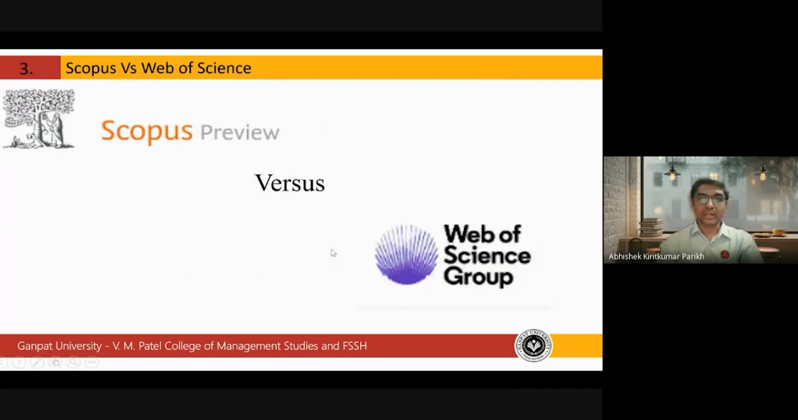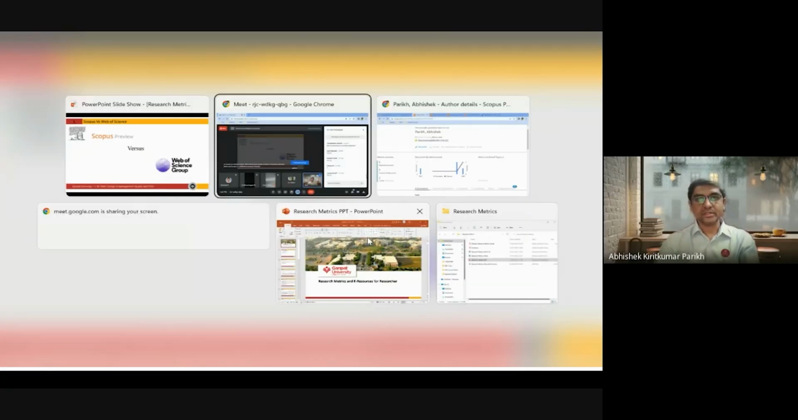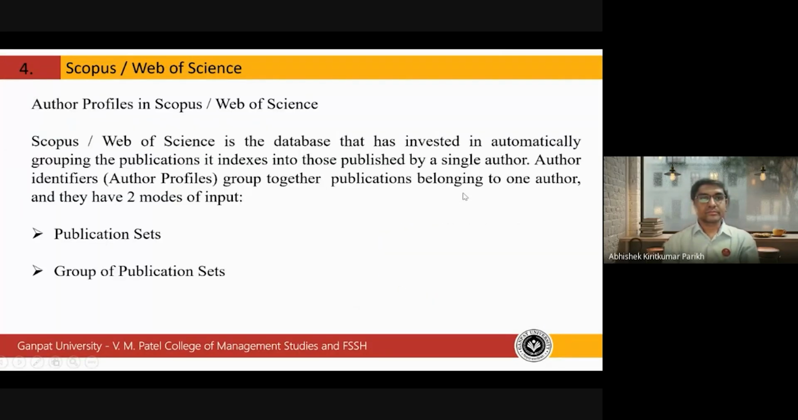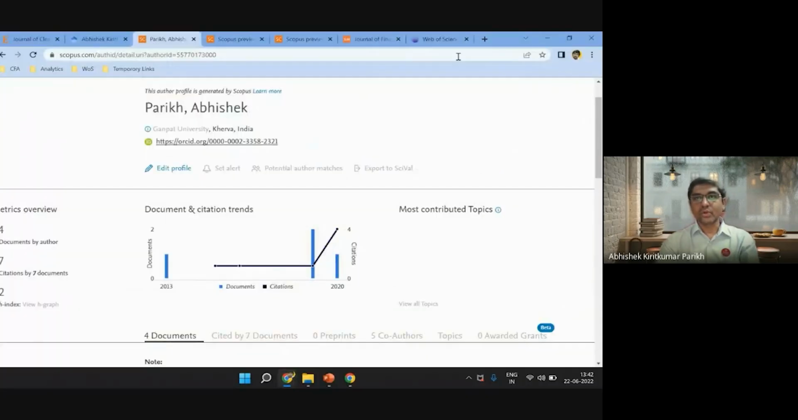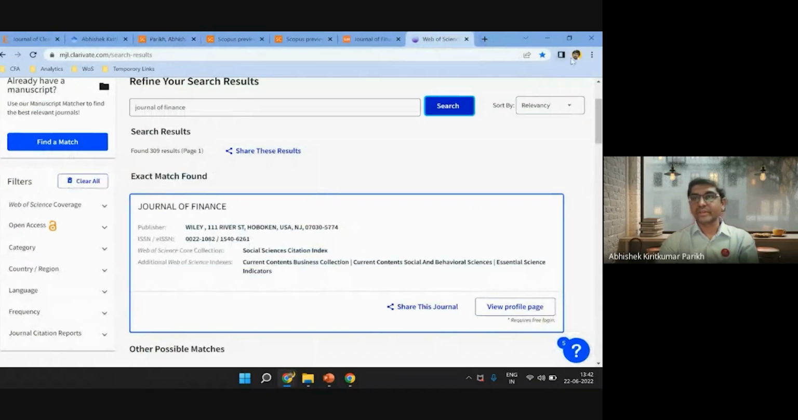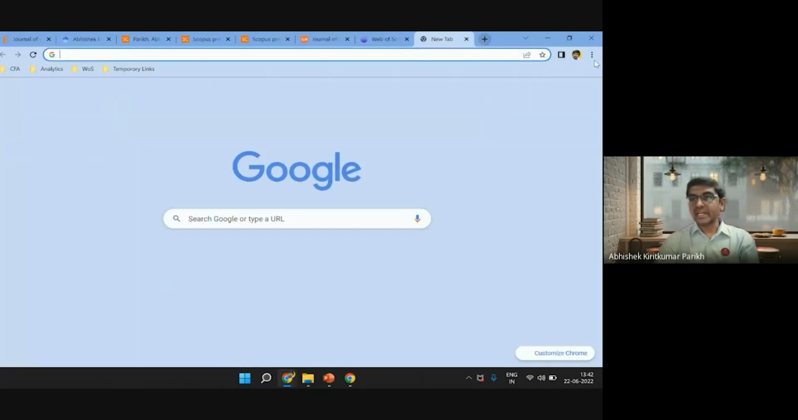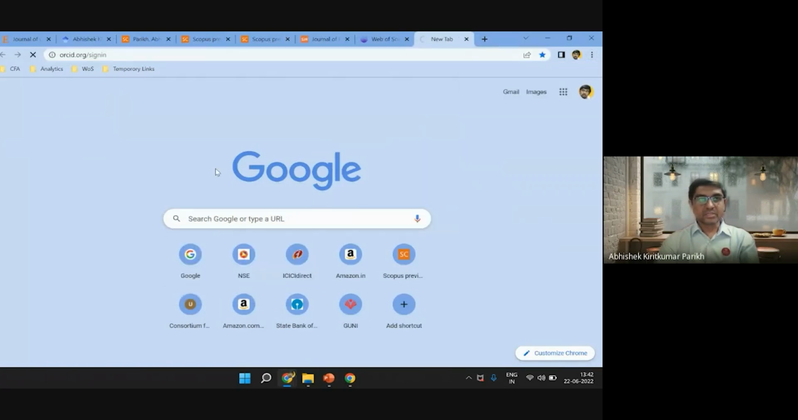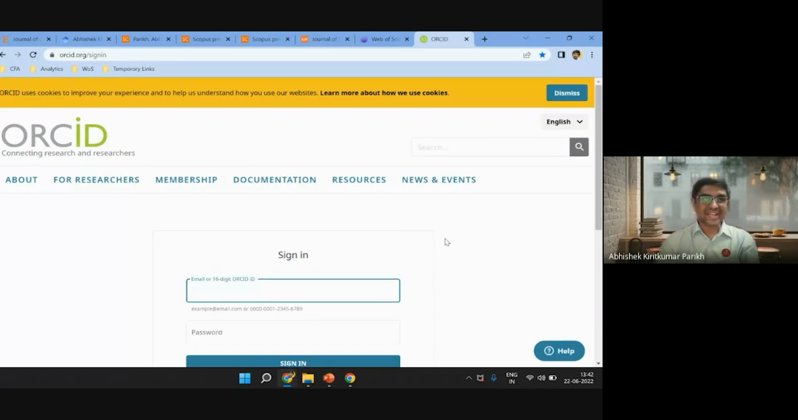Let me give you, okay. See, this is already discussed: Scopus versus Web of Science. You need to make a profile in both of them. How can you prepare the profile? If you don't have a profile, first of all, I always suggest and request each and every participant to create the ORCID profile. This profile is required for most of the scientific journals,